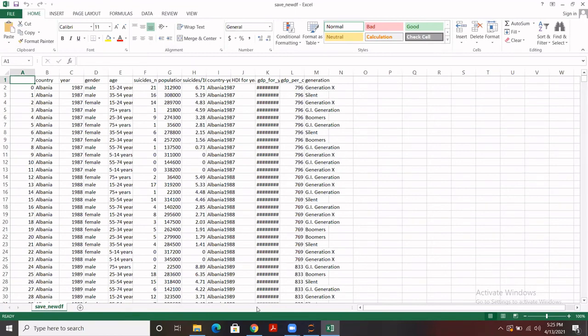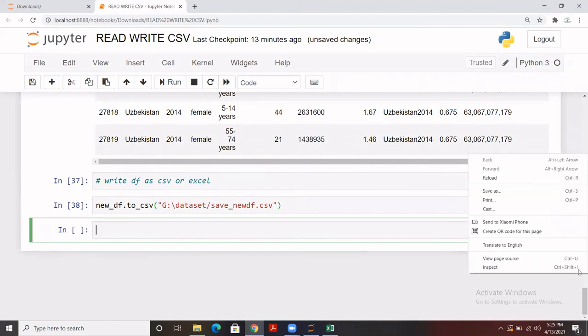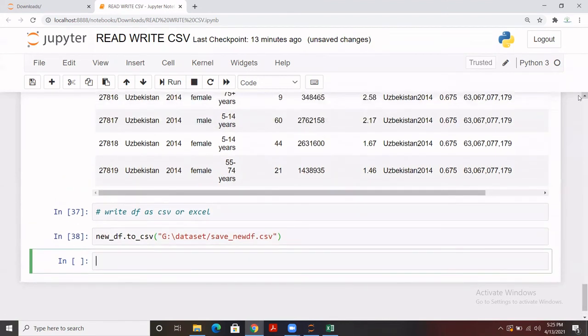First we read the CSV file and convert it into a pandas data frame. Then once we are done with the analysis, or we want to save that data frame as a CSV file, we can do that. And the same way you can apply it for Excel. You have to use to_excel, or simply in to_csv as well you can give .xlsx as an extension, and it will be saved to that particular location.